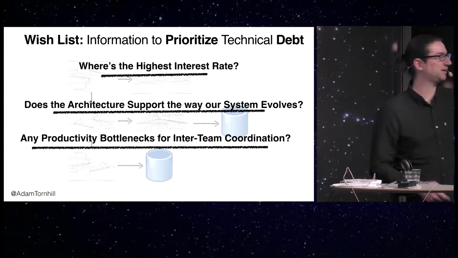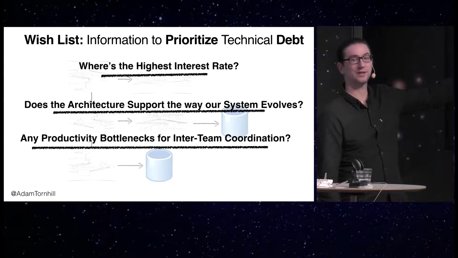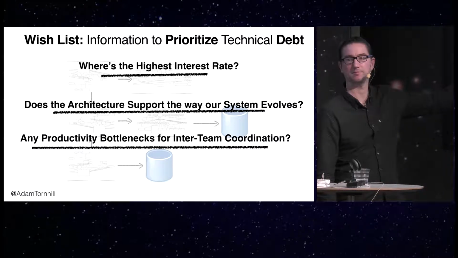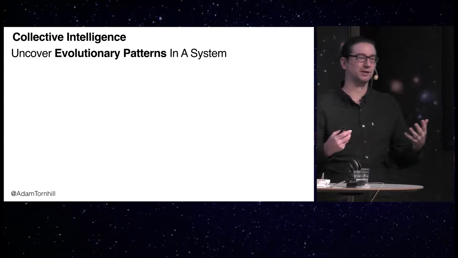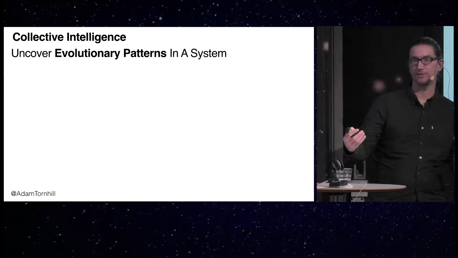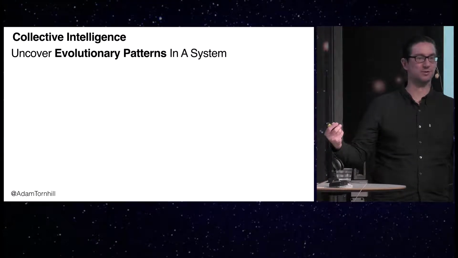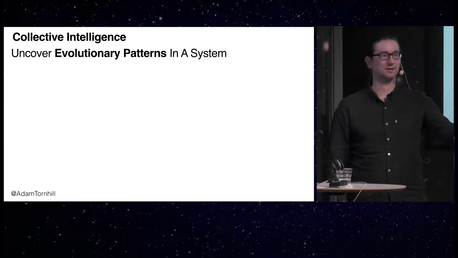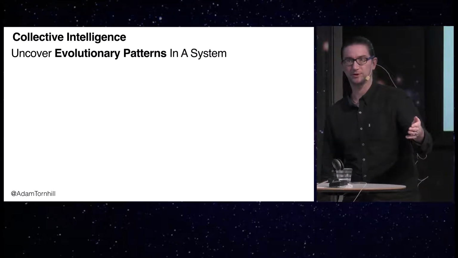Now, the interesting thing with this list is that none of that information is available in the code itself. You pick up a piece of code and you cannot answer any of those questions. So most importantly, we lack a time dimension and we lack social information. So where can we get that data? Where's our crystal ball? It turns out you all already have one. We're just not used to thinking about it that way.